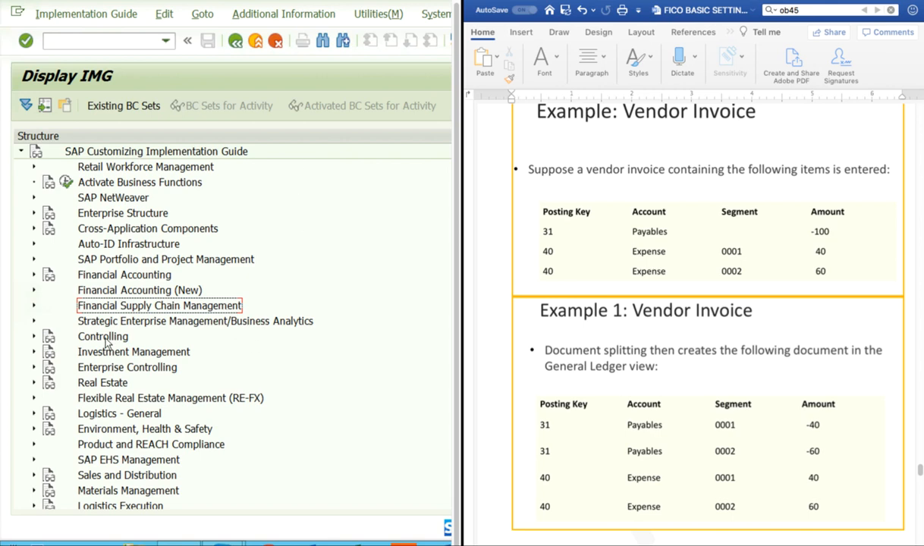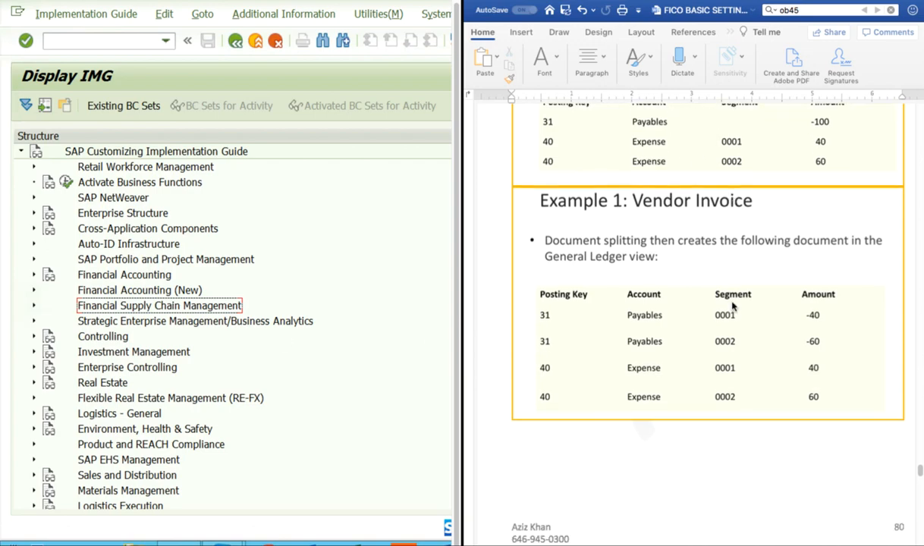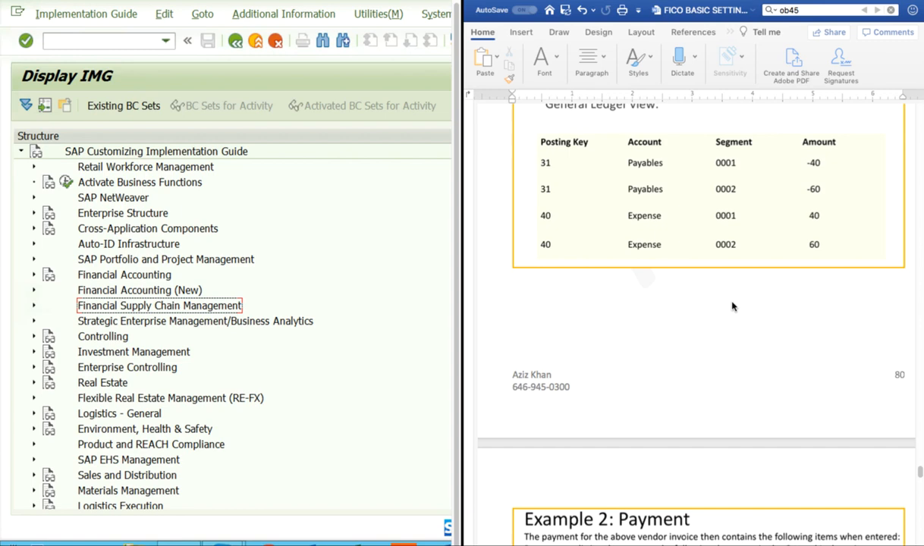Because if you activate it, then every time you post a document, the system will split the document, and there are other things you need to define if you want to use document splitting. We are not using it. We are not going to use it. For example,